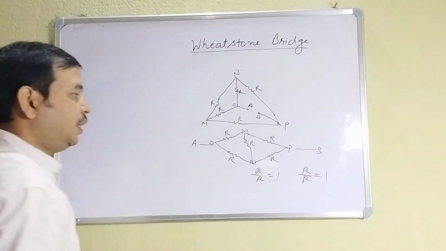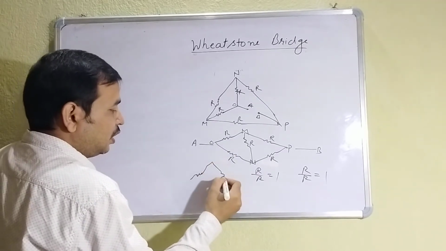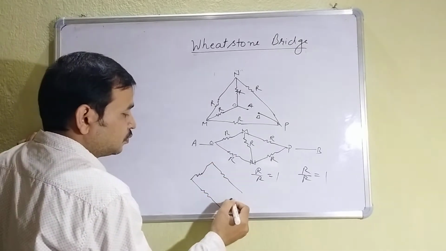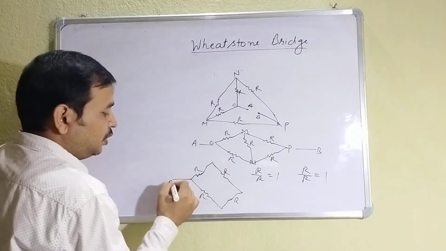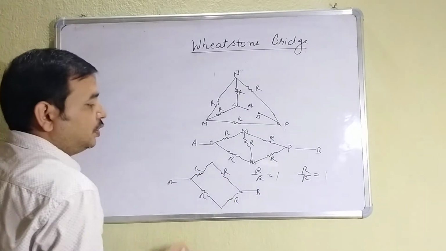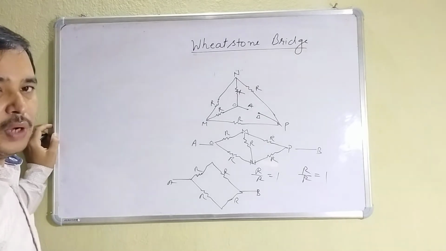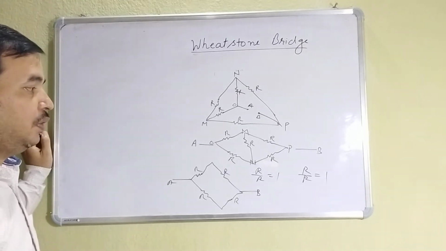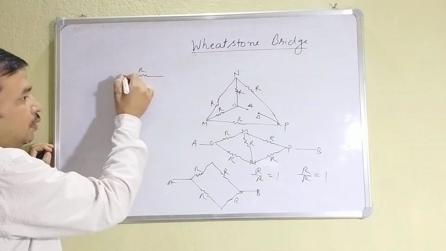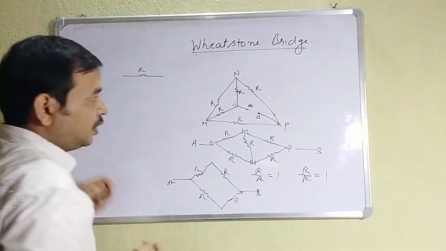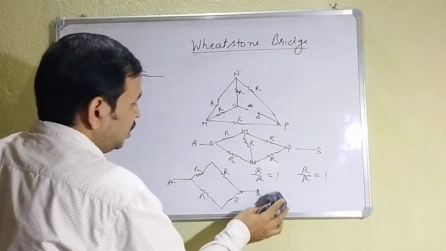So if equivalent resistance is asked, remove this resistor, you will get it like this. R, R, R, R. This is point A, this is point B. These are in series, 2R, these are in series, 2R. Then parallel. So 2R, 2R in parallel is R. So in this way you will get the equivalent resistance. When you get the equivalent resistance R, suppose it is connected with a battery, then you find the current. Okay, let us solve by putting in numerical values.